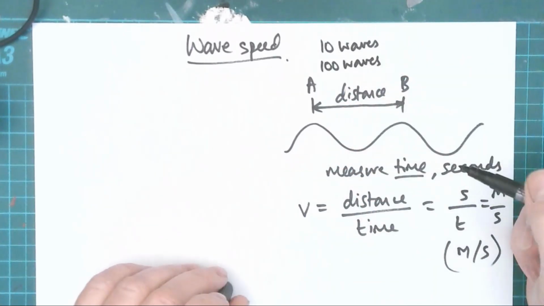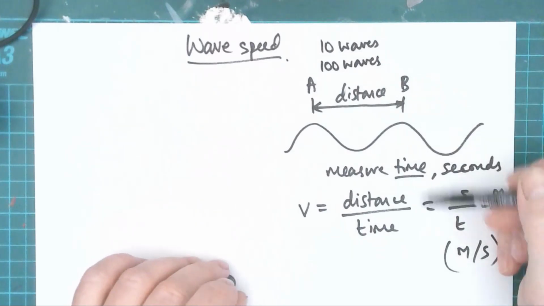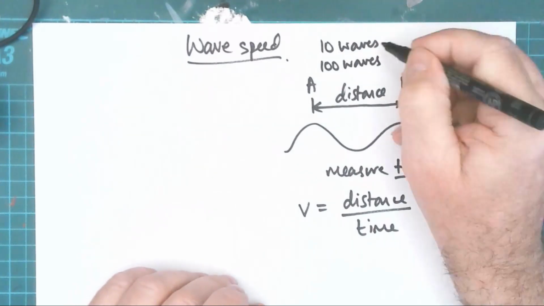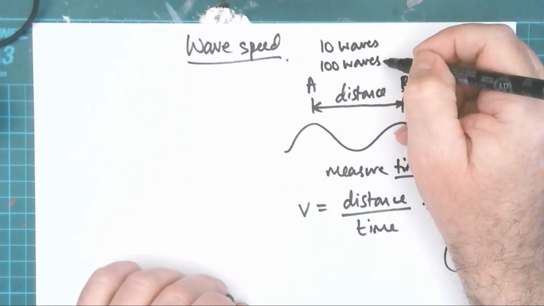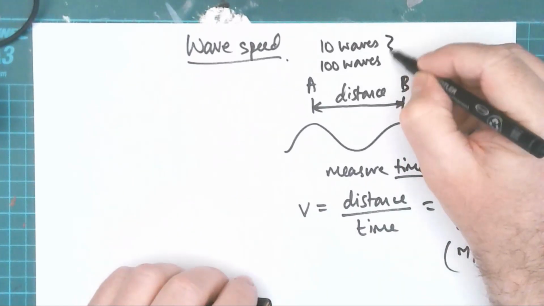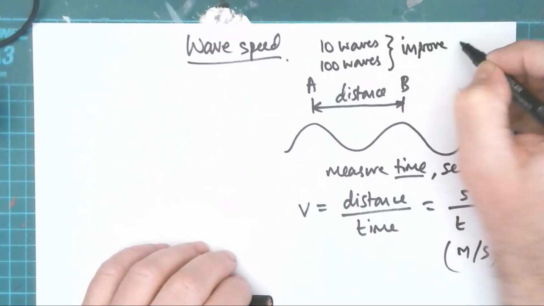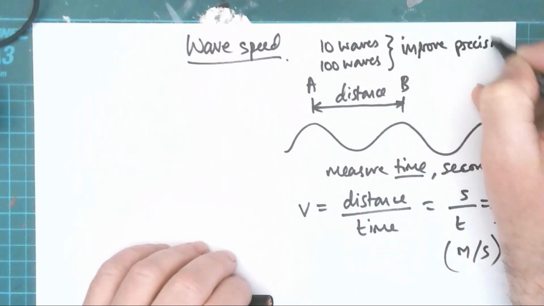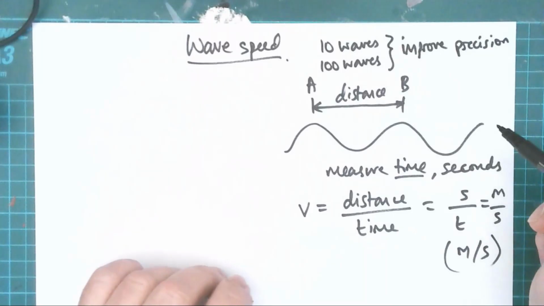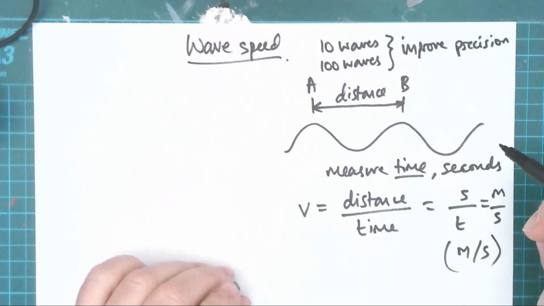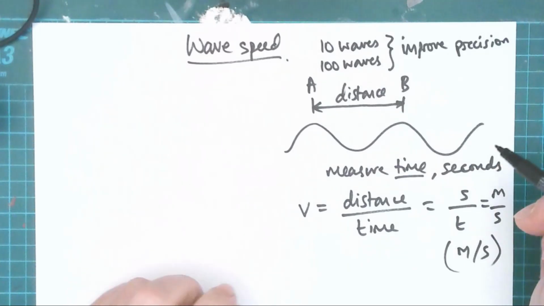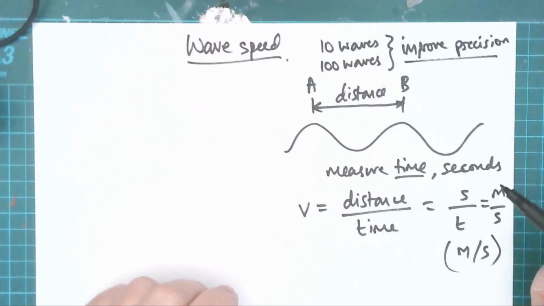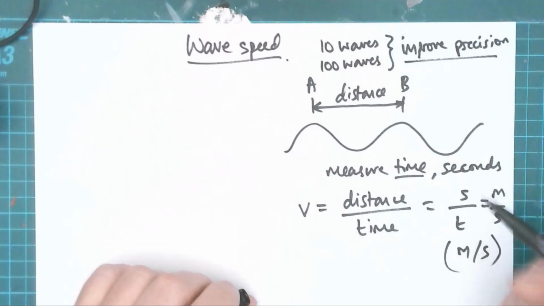Right, but then of course you're going to get your answer, and you're going to have to remember to divide it by 10, or divide it by 100, or whatever it was you were recording. Okay, so you can improve precision. You can improve an investigation by trying to time how long it takes 10 waves to pass a point, rather than just one at a time. Okay, just want to put that out there. So yes, we can think about wave speed in terms of distance over time,